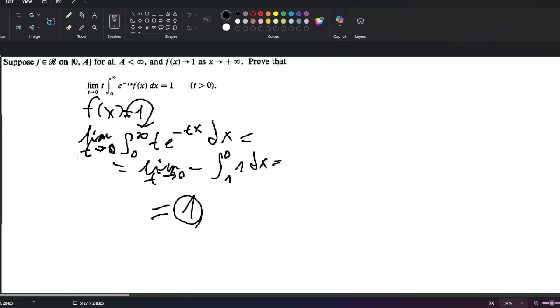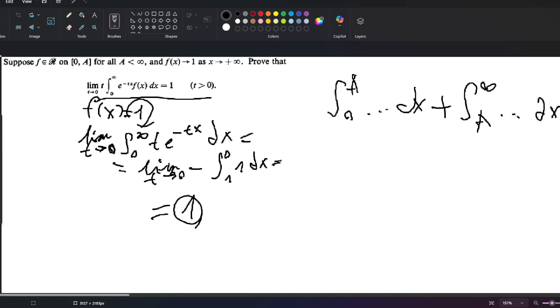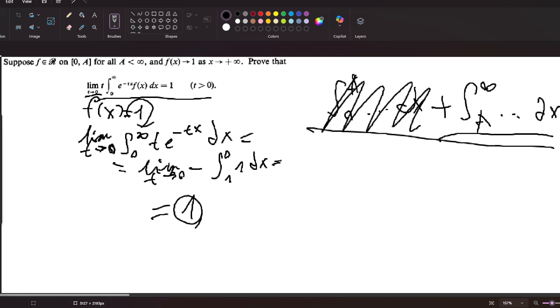So what more developments do we have to acquire? Well, if we were to look at this thing, let's take this integral and separate it into two. For example, from 0 to a, plus from a to infinity. And if we were to look at the limit as t approaches 0, obviously when we separate it like that and discard this part, then this is going to be a different thing. But after we apply the limit, it's going to be the same thing. Like, we don't care if it's present here. Why is that? Well,